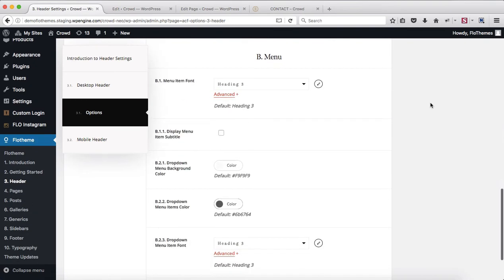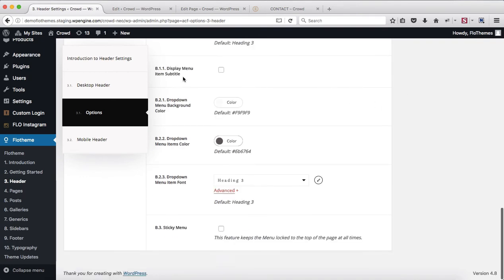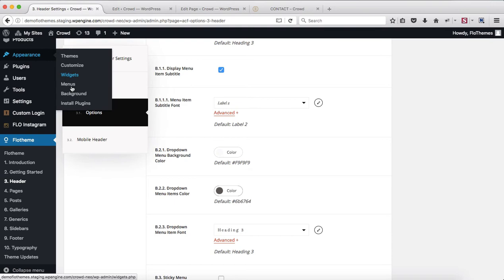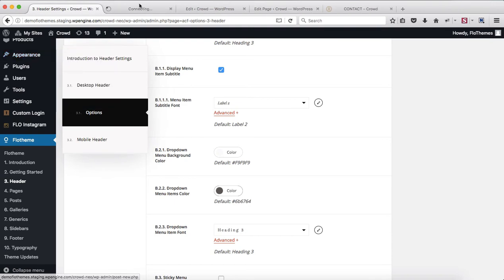As we scroll down, we then approach our section B, which is all of our menu related adjustments, and here you can adjust the menu font, so you can select a specific font style for your menus. Then you can decide whether or not you want to display the menu subtitles. If you do, enable this option, select the font, and you can add all of your menu subtitles by going over to Appearance, go over to Menus,